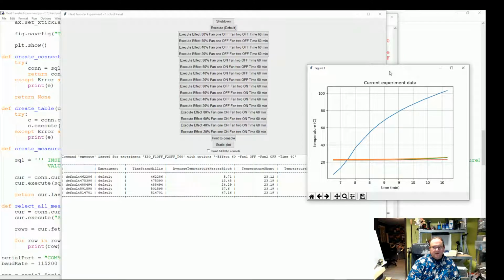I want to use this as training data and then run some other cases, like maybe with 30% effect with one fan on, and then I want to basically ask the artificial intelligence model, when I feed it a random test case,